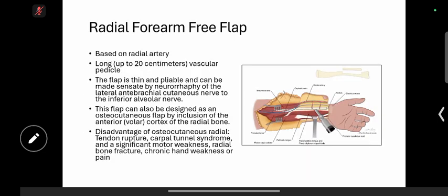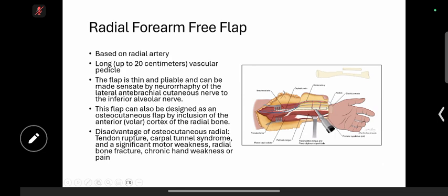Coming to the radial forearm free flap, it is based on the radial artery. Up to a 20 centimeter vascular pedicle is available. The flap is thin and pliable and can be made sensate by neurotization of the lateral antebrachial cutaneous nerve to the inferior alveolar nerve. This flap can also be designed as an osteocutaneous flap by inclusion of the anterior cortex of the radial